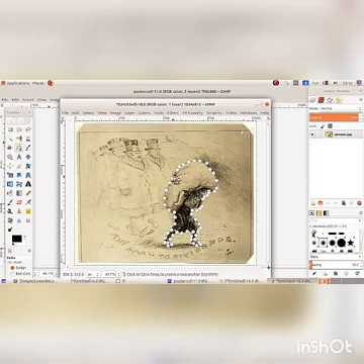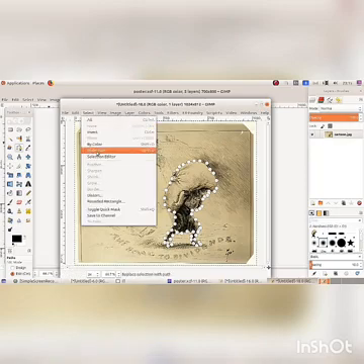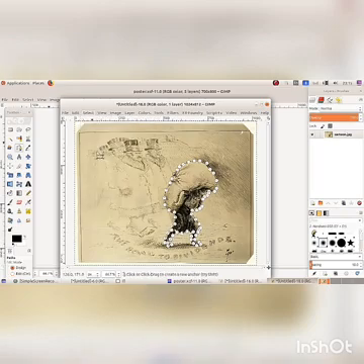Each part selected. Then click on the Select menu from the menu bar, then the From Path option. Click on From Path.